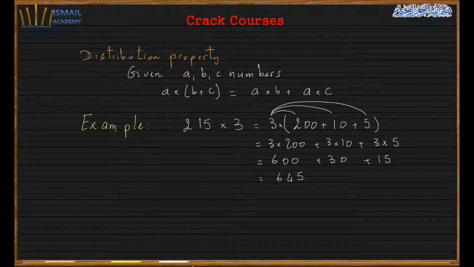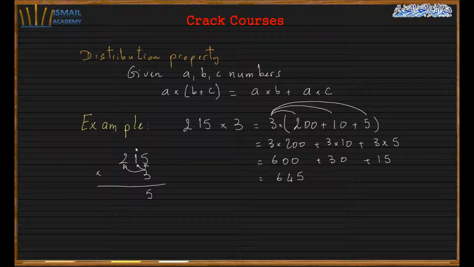And this is the same concept you use when you multiply the number vertically. So we have 215 times 3. So what did you do? You multiply 3 by 5, then you multiply 3 by 1, then you multiply 3 by 2. You see what you do here? You distribute, the same idea. So that means the multiplication we use in 2nd, 3rd grade to multiply those types of numbers is the distribution property. So here I will have 15